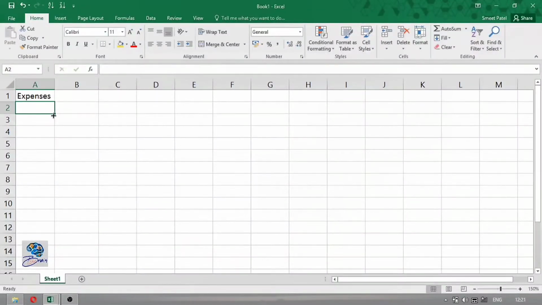Now if you press enter, you will shift to the next cell below it, okay, and using arrow keys also you can move the selection of cells according to your arrow keys. So here I will write the